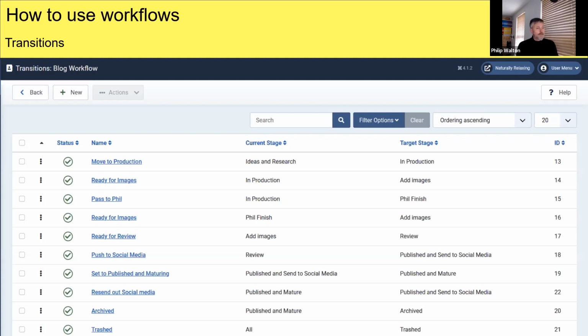So any new ones would go, because of the category, straight into the right workflow. But any old ones that were already created, I would actually have to transition them, move them with the actions when you're in the article part. That makes sense.